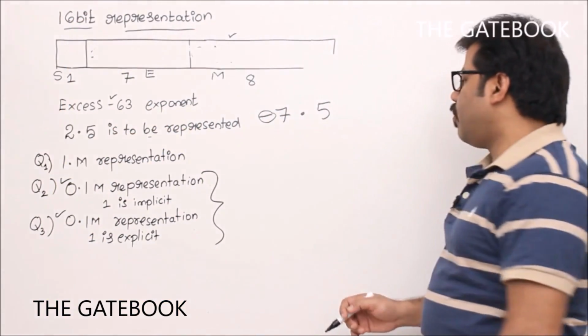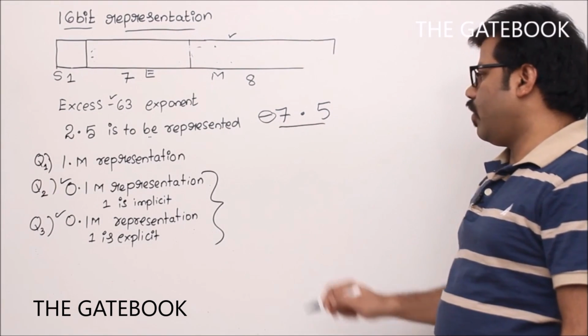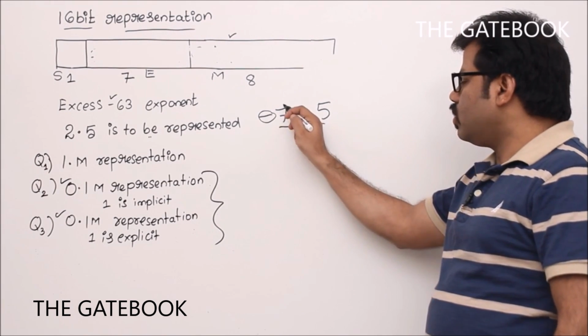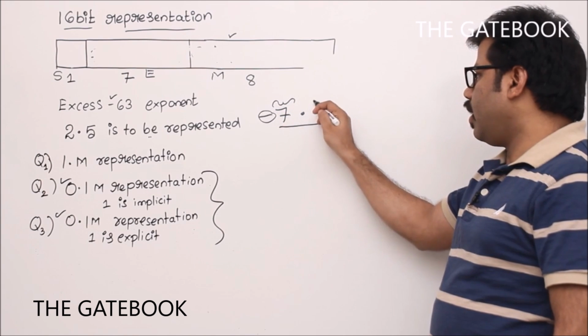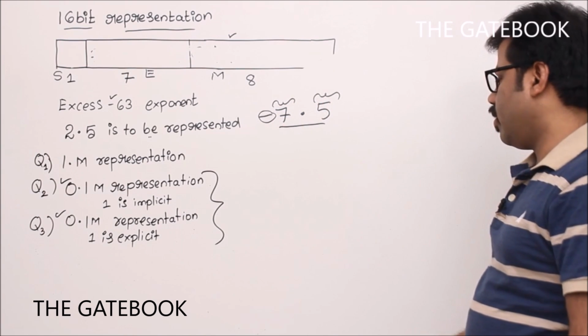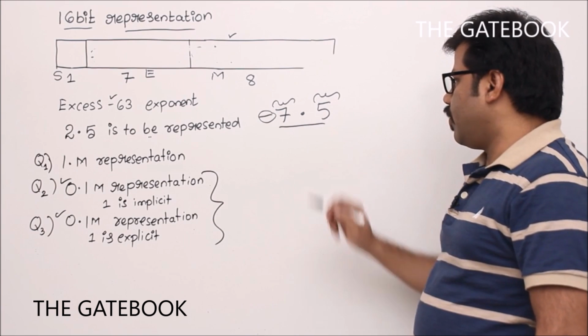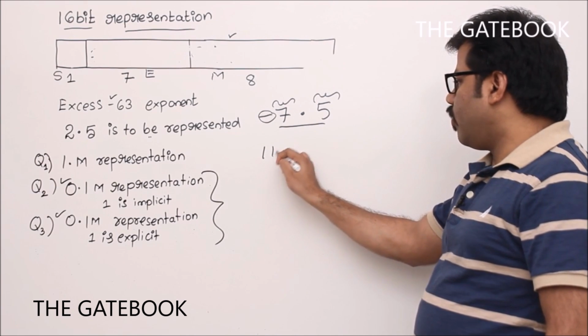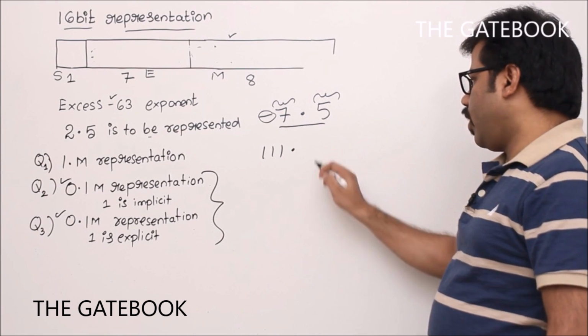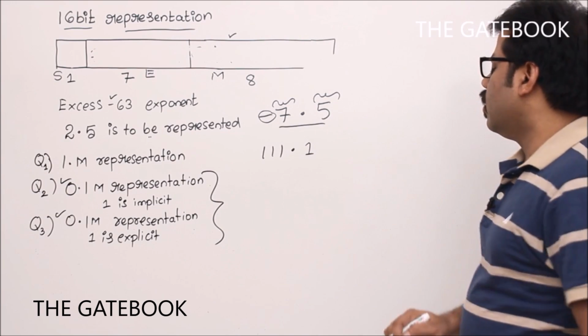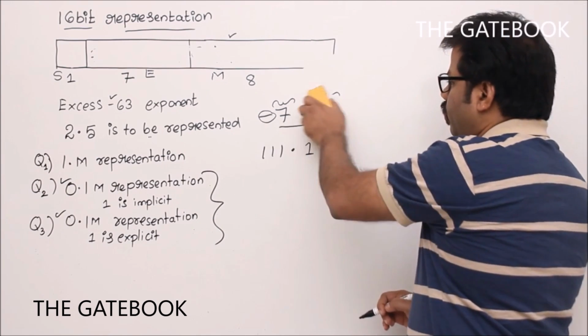Okay. So 7.5. Blindly convert 7.5 to binary. We can do the integer part separately and the decimal part separately. Now let us take 7. 7 is nothing but 111. 5 is nothing but the first bit 1. Correct. Sir, I want a difficult value. Then you take